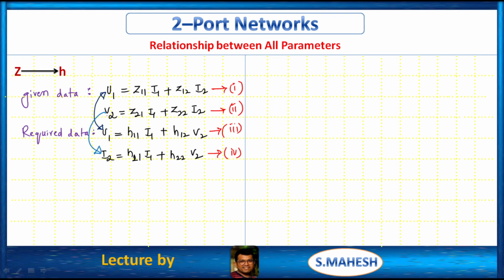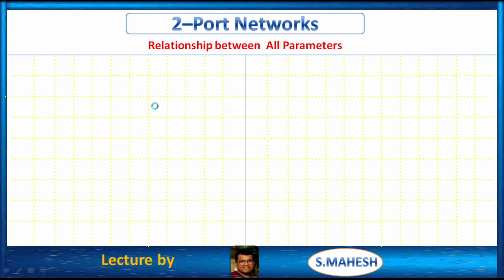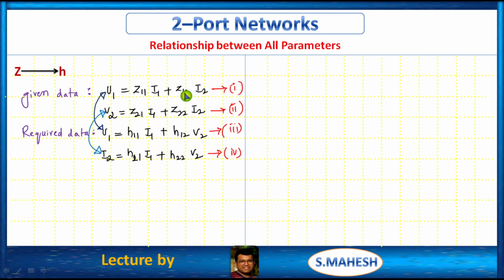If you observe from 1 and 3, V1 is Z11 I1 plus Z12 I2, and equation 3 is H11 I1 plus H12 V2. So this part and this part are the same, we just have to manipulate this Z12 I2 part to match H12 V2, right? Therefore